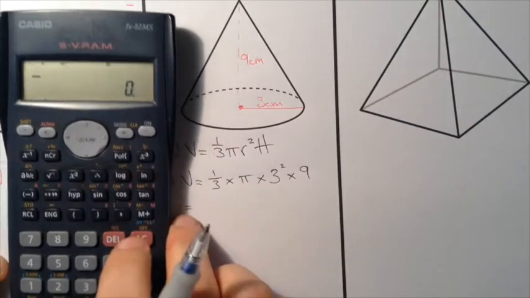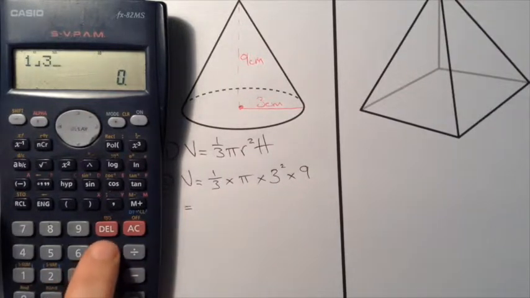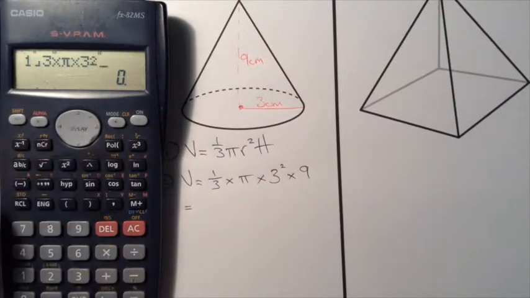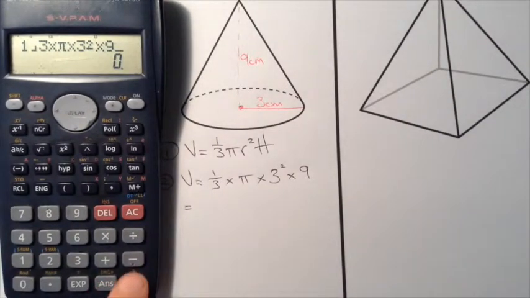There's our calculator. Let's line that up nicely. So what we have, a third. You can do this as a decimal if you'd like. I prefer you use fractions, so you do 1, then you find your ABC button, which on this calculator is right there. All right, 1/3 times pi times 3 squared times 9. Okay, so you just plug the whole thing in just like you've written it down on your paper,